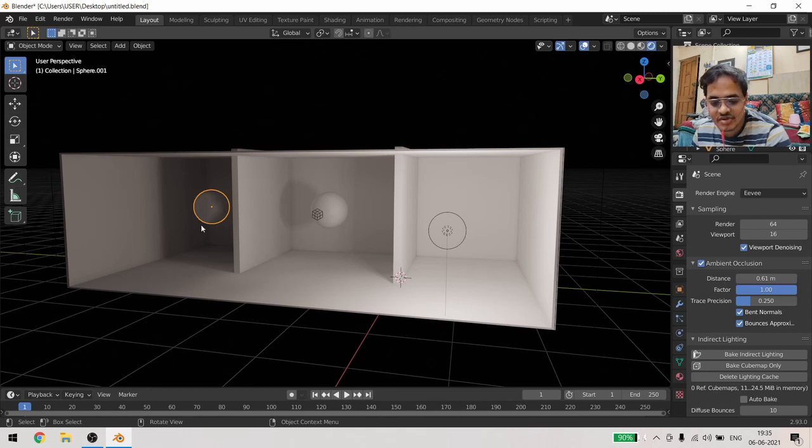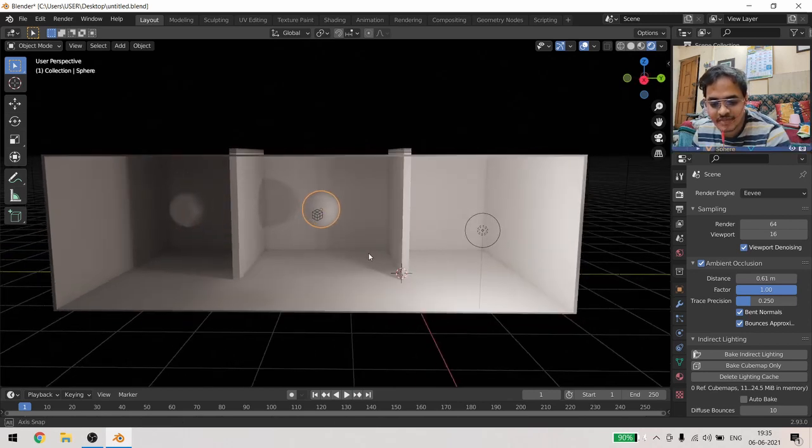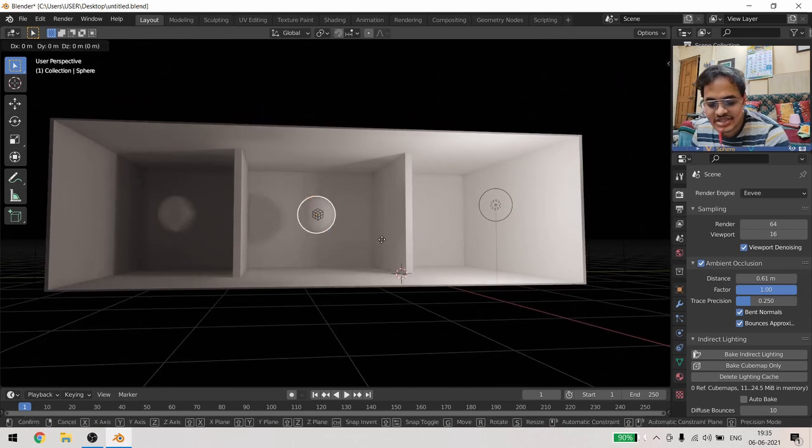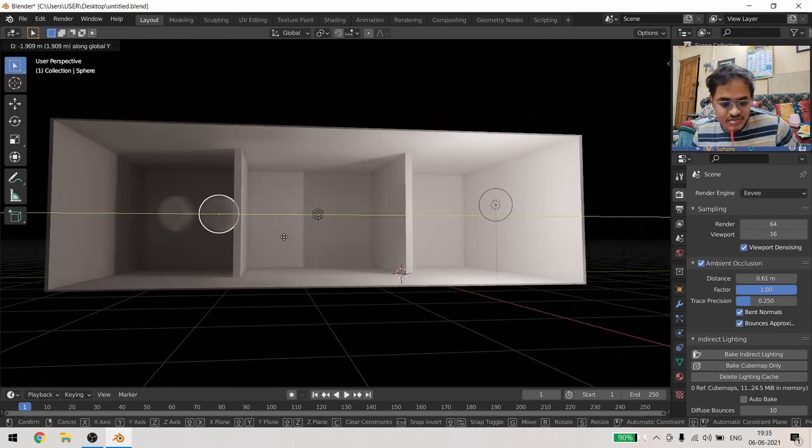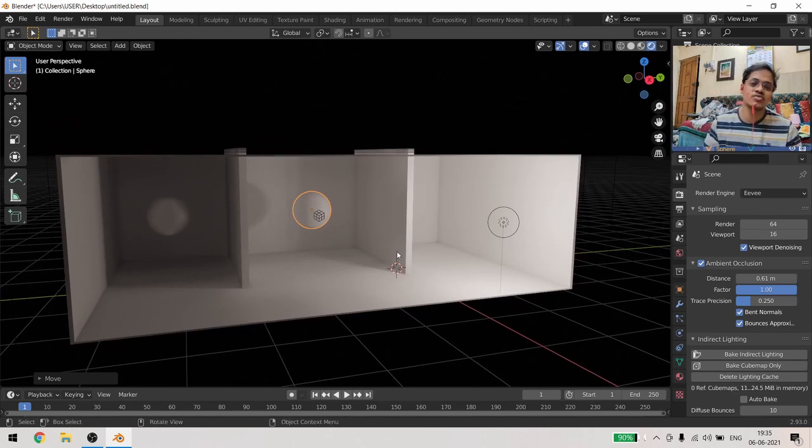If I tap on this object and move it, fine. You can take it into shadows, you can move it to brighter areas, everything will be calculated. And some portions will be there where you get such kind of errors. That's what you can do with that. This is how irradiance volume works.